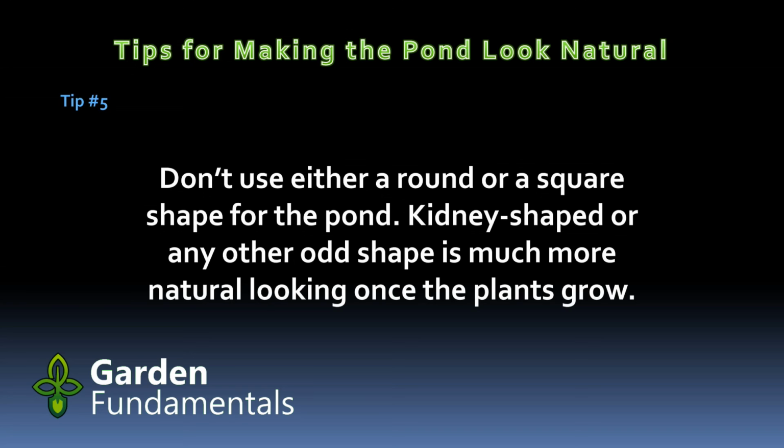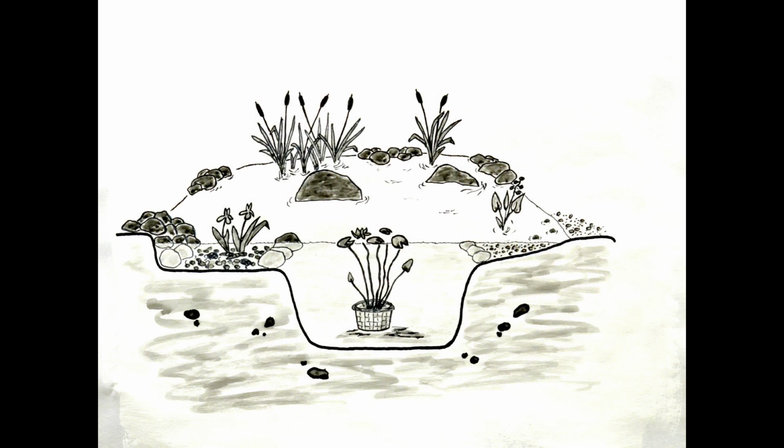When the pond is finished and the plants are mature, the shape of the pond will be based on where the plants are and where the planting shelves are. Those can be very irregular inside the pond, and that way you'll end up with a pond that looks very natural. I hope these suggestions have been of some help and that you end up with a pond that you